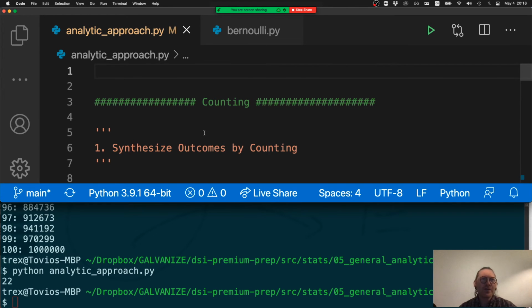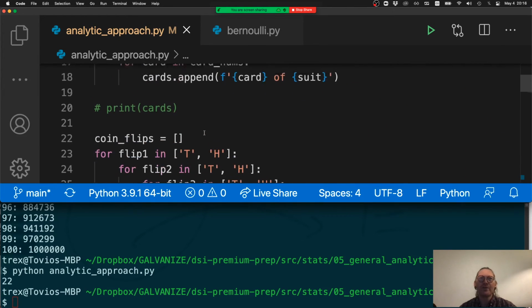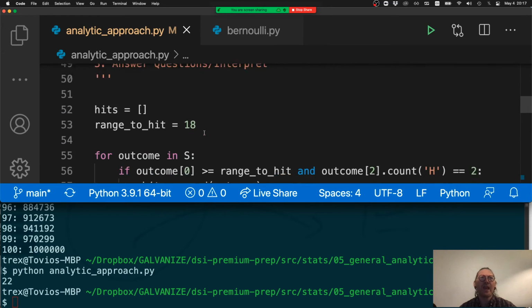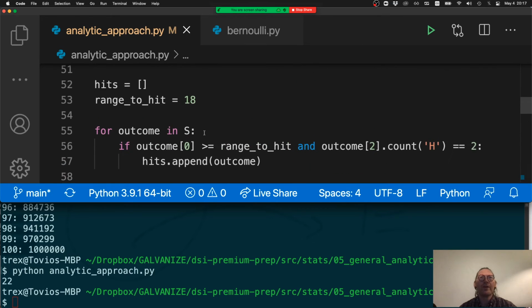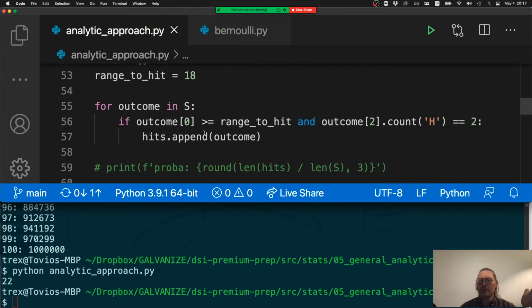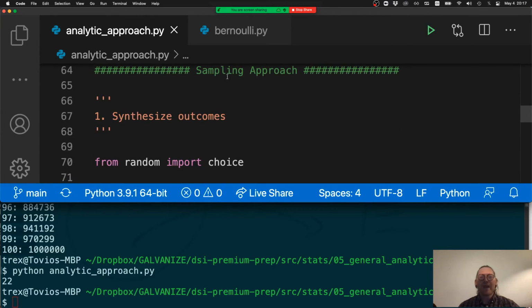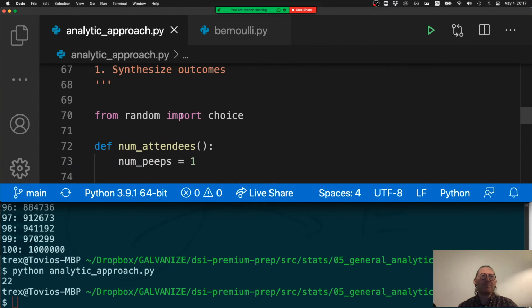We've got a counting approach where we exhaustively build a sample space, and we look for the cardinality of a subspace over the sample space. The sampling approach is not that different from that, except we have some kind of randomness, and we are modeling the phenomenon,